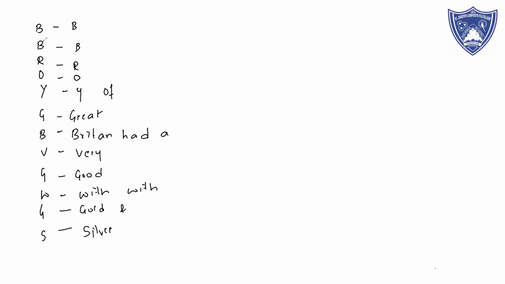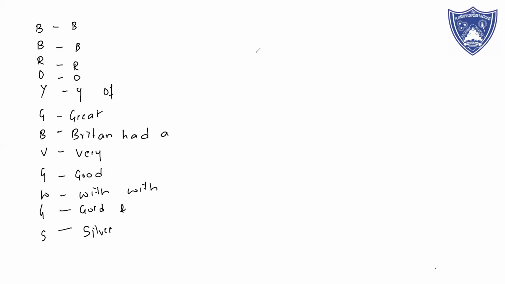So don't get confused with this B and B. It starts with black and brown. And this G is green and this G is gray. So there are 2 repetitions and the last one is gold. These 2 B's are black and brown, the G's are green and gray, and then gold. So please remember, okay? It is very easy. B.B. Roy of Great Britain had a very good wife with gold and silver. This is how I was taught by my teachers, and you can Google it. You just type B.B. Roy of Great Britain. It will definitely take you to the color coding of the resistors.